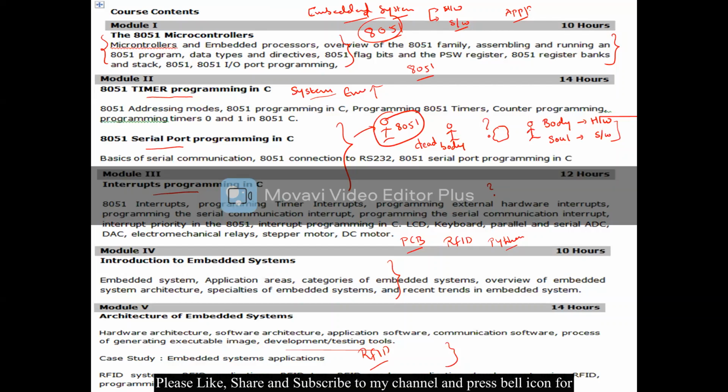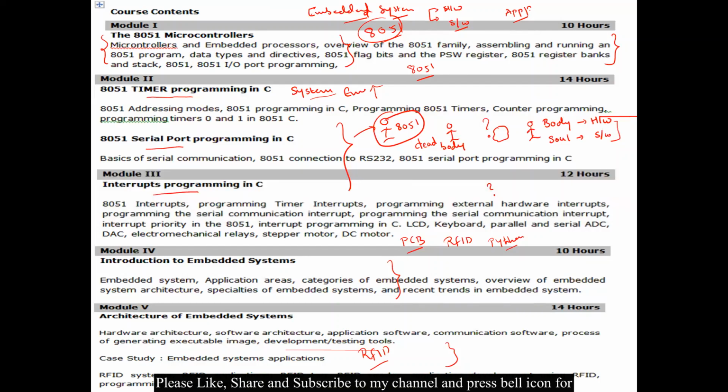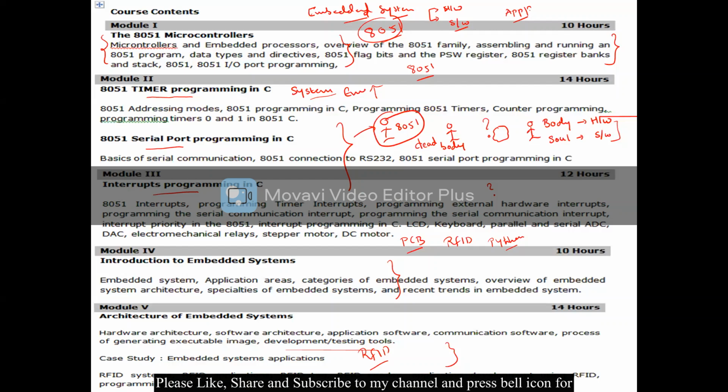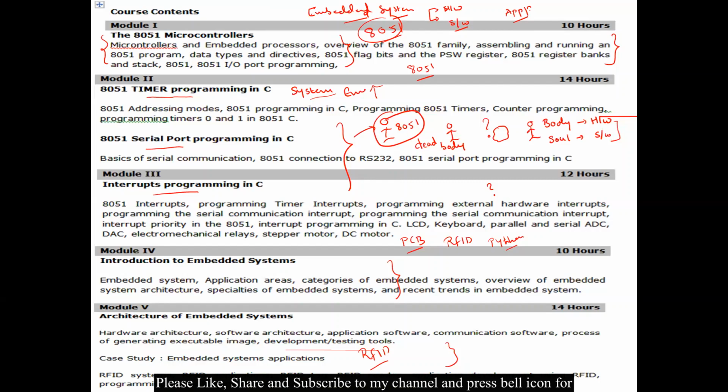systems. Now, what is an embedded system? An embedded system will have hardware very similar to that of computer hardware, but the program, the software we write inside that hardware, will be very specific. So it is going to perform a specific task. Such types of systems we call embedded systems. And we will introduce what an embedded system is and how things have grown in embedded systems in module number 4.